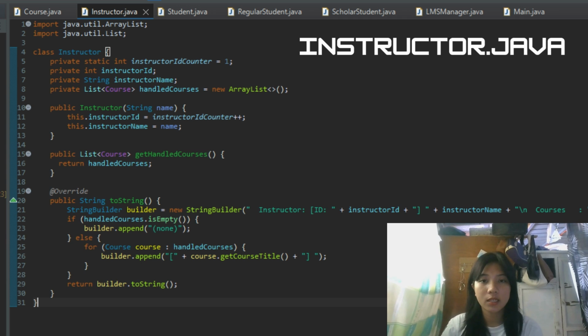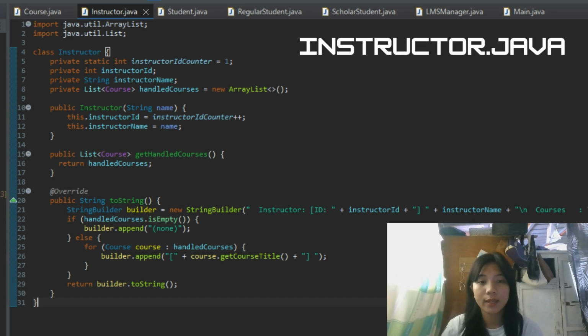The first is the instructorID, which stores the unique ID of the instructor. The second is the instructorName, which stores the name of the instructor. The third is handledCourses, which is a list that stores all the courses assigned to that instructor. It is initialized as a new ArrayList.